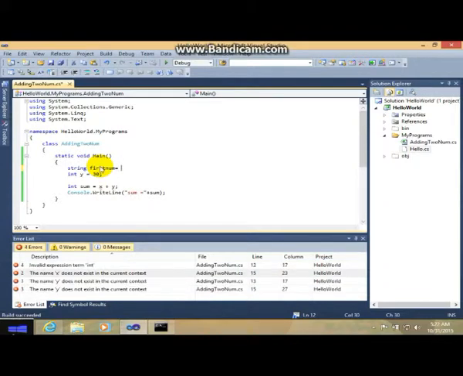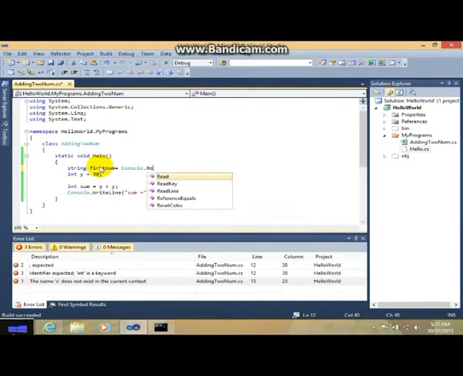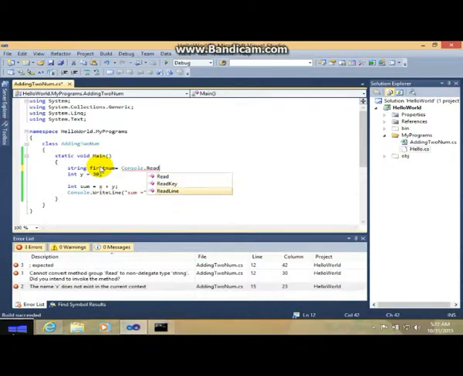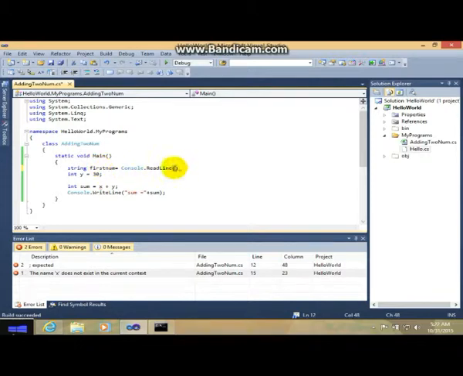Now if you want the user to input a number, sorry for that noise, you will write this: Console, follow the steps, ReadLine, capital R, ReadLine, and use the open and close parenthesis, and don't forget the semicolon.